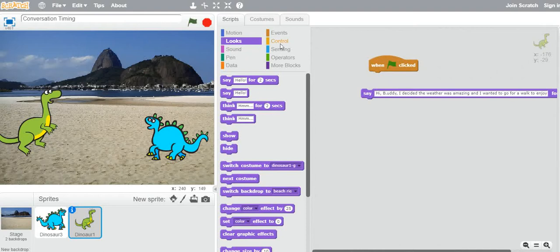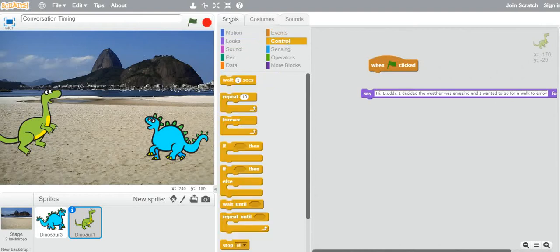And I'm going to go to the control tab, and I'm going to find where it says wait. And I'm going to put that right there. And this guy talked for 5 seconds, so I'm going to have him wait for 5 seconds. So there it is, 5. Hook it back up. I think they're connected, are they? Yeah. And then when I click the green flag,